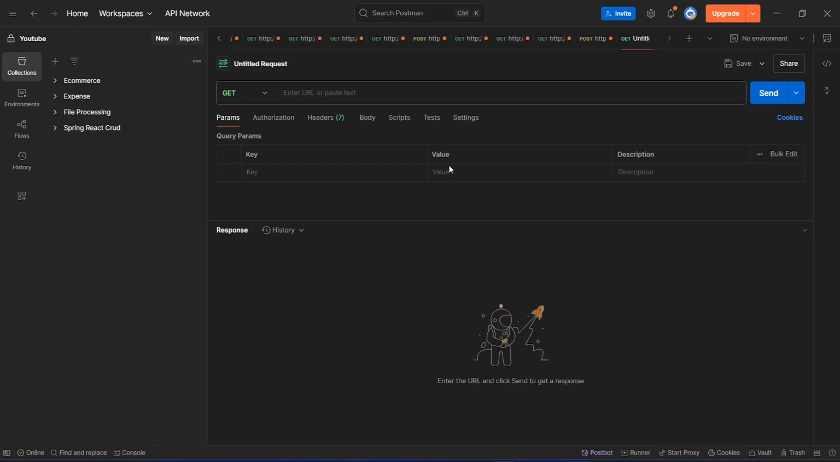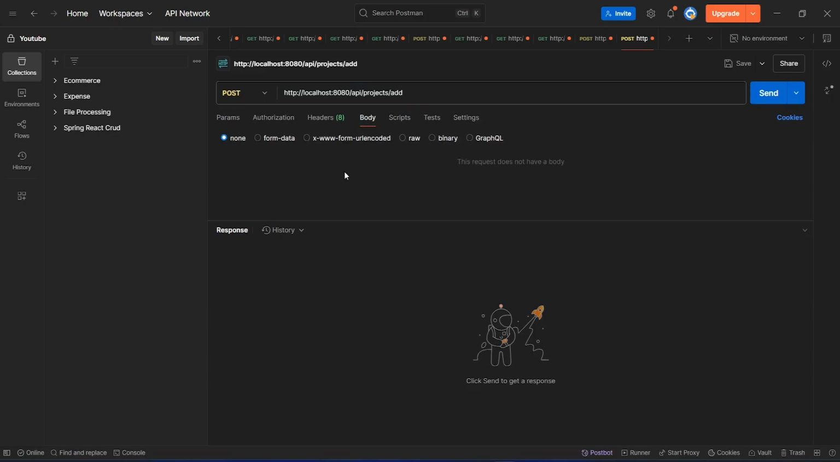And in the Postman, for the request type we will select POST, and after this we need to give the base URL, and we will give this as http://localhost:8080, and after this we need to give the controller URL, which is /api/projects, and at the end we need to give the method URL, which is /add. And after this we will click on this body tab, and then from these options we will select raw and then JSON,